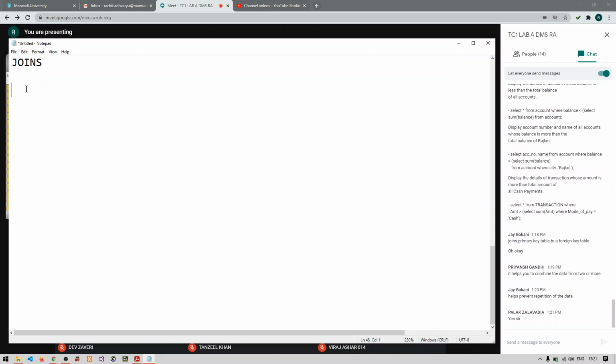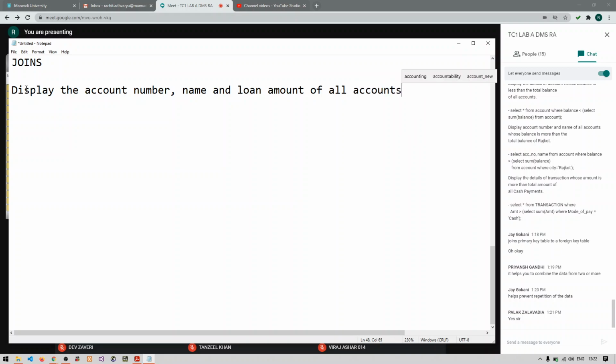So let's see how to perform a join then. Let's say my question is: I want to display the account number, the name and the loan amount of all the accounts.